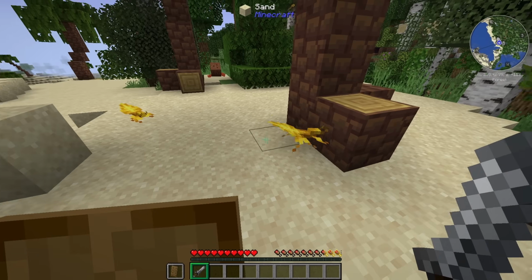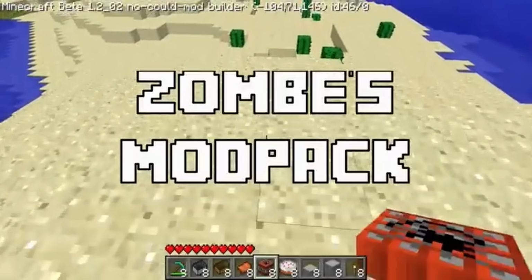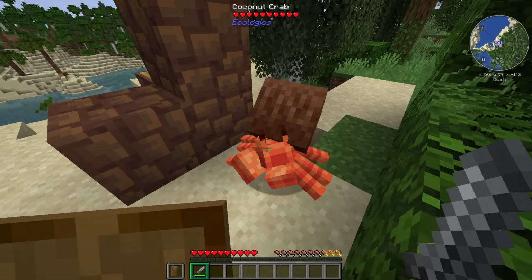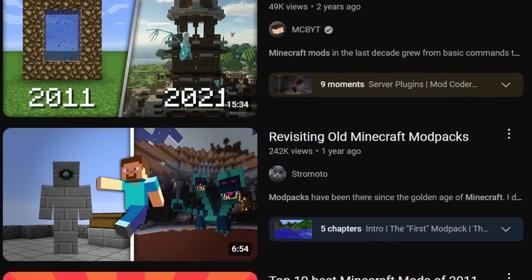Minecraft mod packs are almost as old as the game itself. The first one of them came out during the alpha days, this of course being the legendary Zombs mod pack, which I've covered a handful of times now. Mod packs changed the community and added many fresh things to the game, starting new trends and leaving a long-lasting